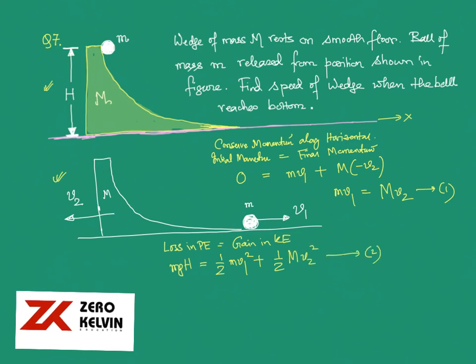So this is equation 2. So from 1 and 2 now we will solve for v2. So we can substitute v1 from equation 1. Substitute v1 is equal to MV2 by small m. So here I will write mgh is equal to half m capital M square by small m square times v2 square plus m by 2 v2 square, implies,